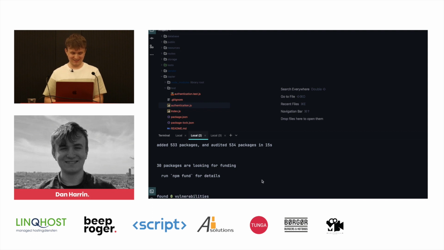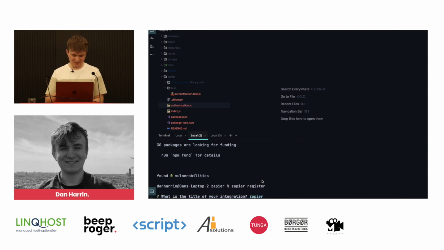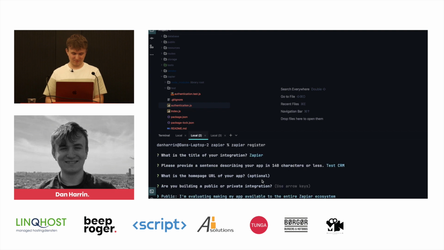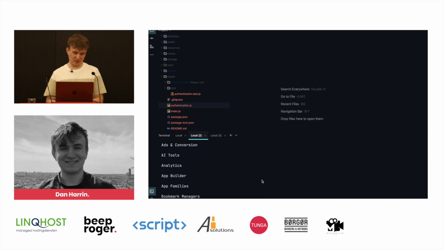Nice. Let's call this test CRM 2. Zapier push. Now this is uploading all of our files up to the Lambda function I mentioned earlier.